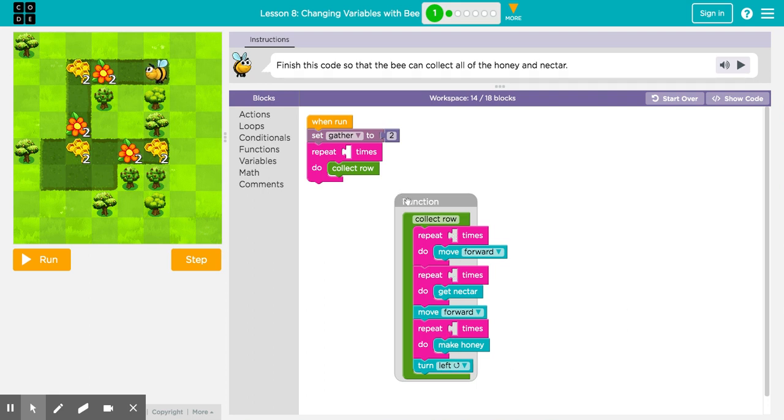We also see something called a function, and a function is just a collection of code that you can use in a simpler form so that you don't have to write the same code every time. So this particular function is called collect row, and this function is what the bee is going to be told